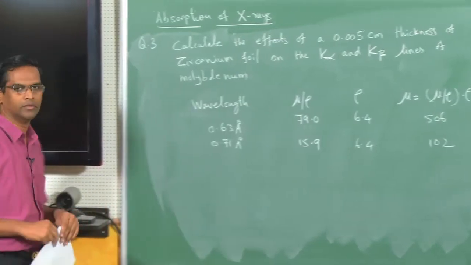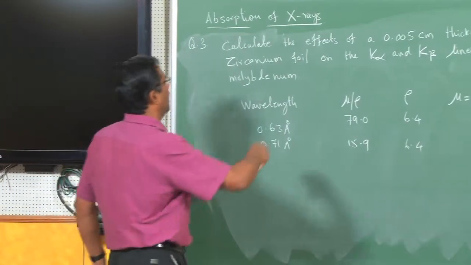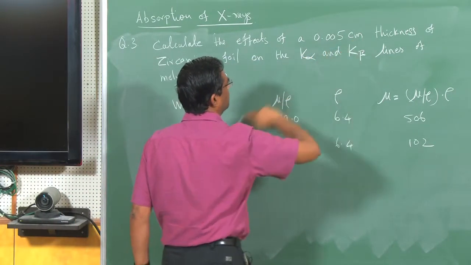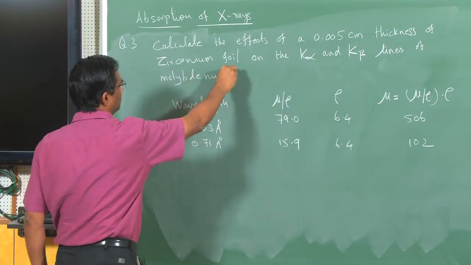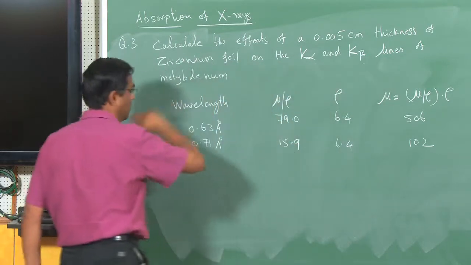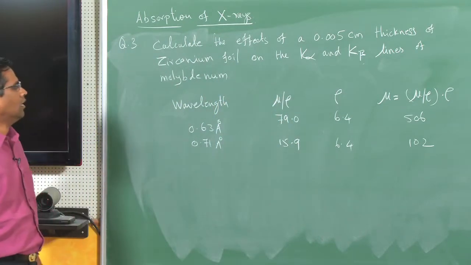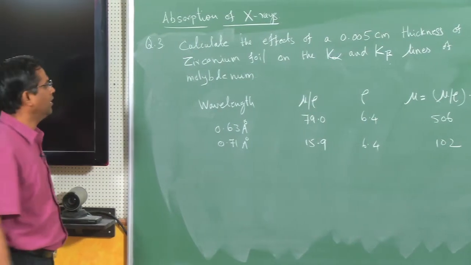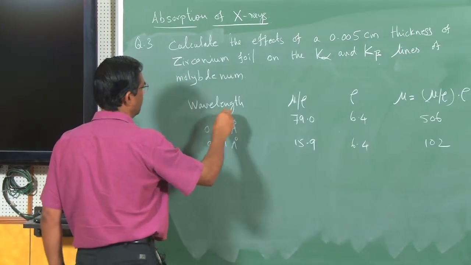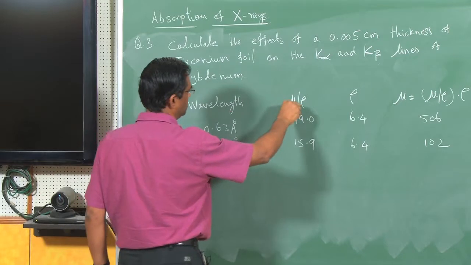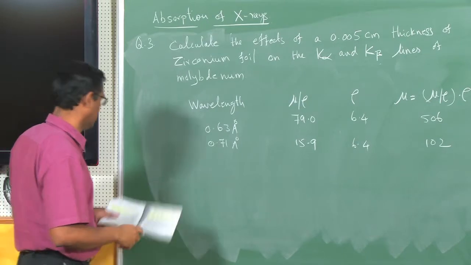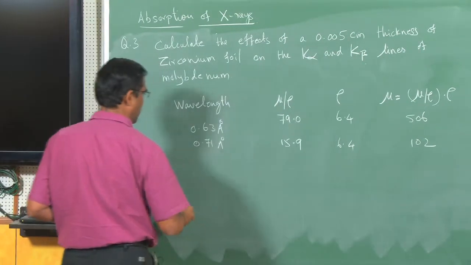So, the question here is: calculate the effects of a 0.005 centimeter thickness of zirconium foil on the K alpha and K beta lines of molybdenum. So, basically we are looking at the filtering effect for the given wavelength of zirconium here, and then mass absorption coefficient, and of course, the density data. So, we can calculate the